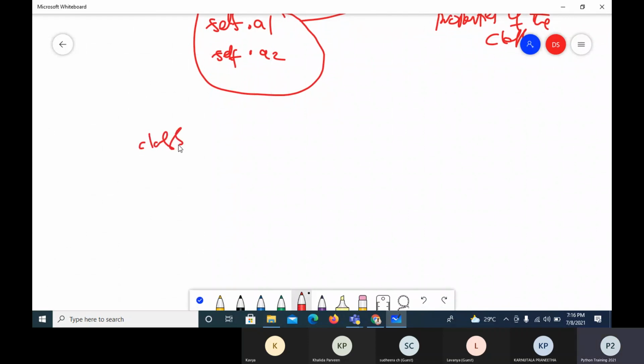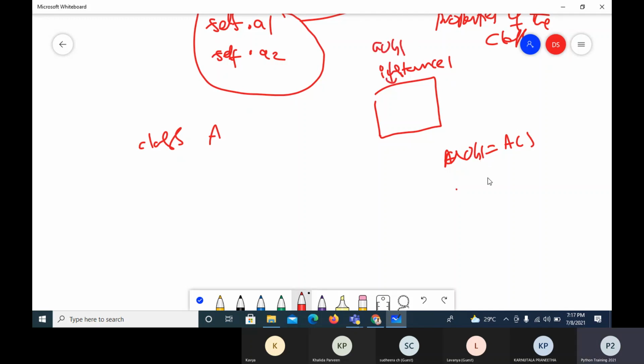I have a class A. Whenever I create an object of the class, an instance is created. With each instance, instance 1 is created, then A o b 1, which is instance 1, and I may be creating a o b 2. Or if I take the class we have created, the Box class, b1 is a Box, b2 is a Box. Like that I may create any number of instances.